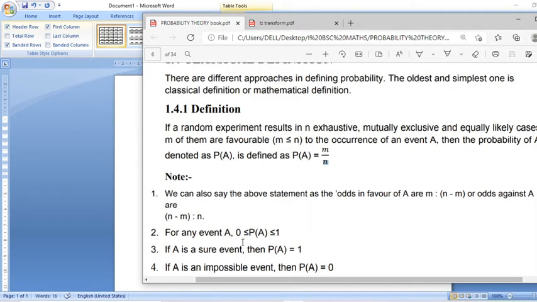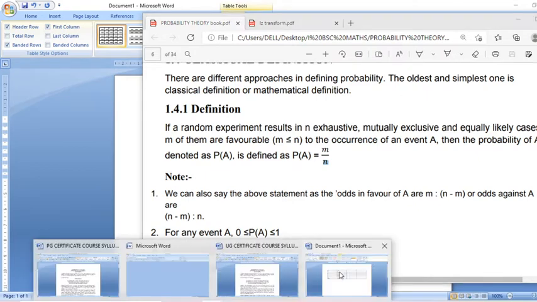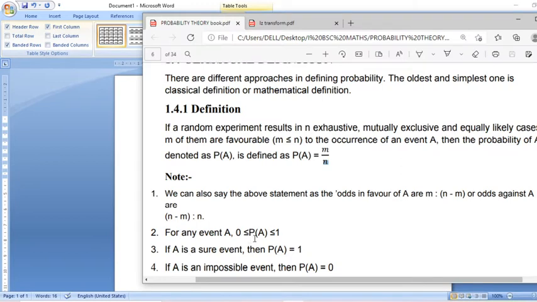Okay. So that 6 by 6 is maximum. That is 1. 6 by 6 is exactly equal to 1. And all other values lie between 0 and 1. So the first property would be 0 less than or equal to P of A less than or equal to 1. And if A is a sure event, that means